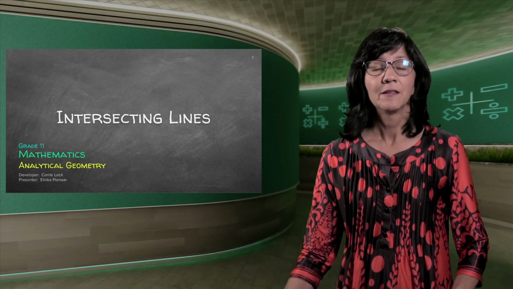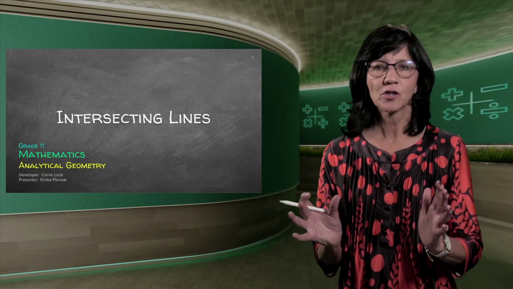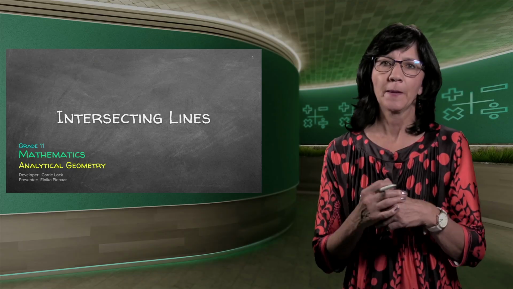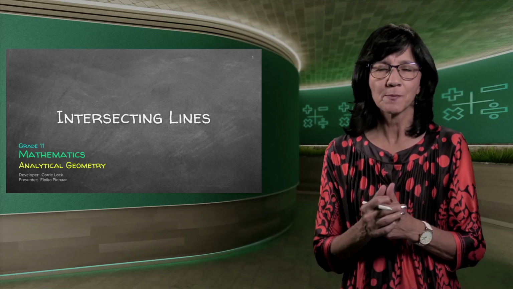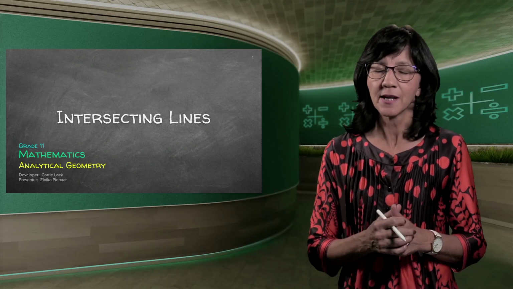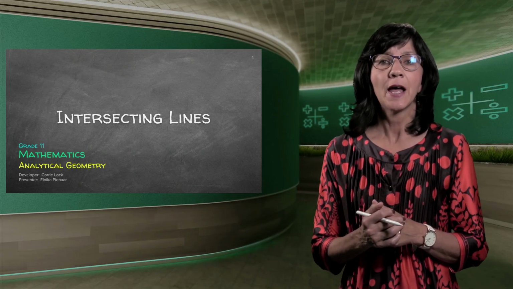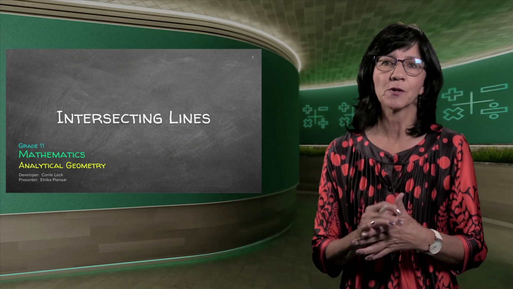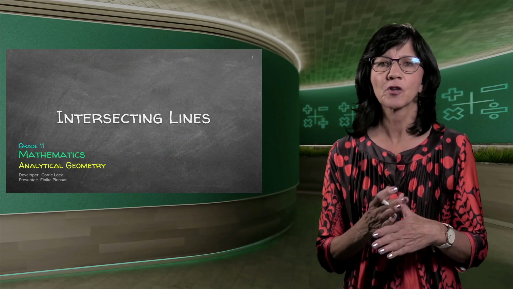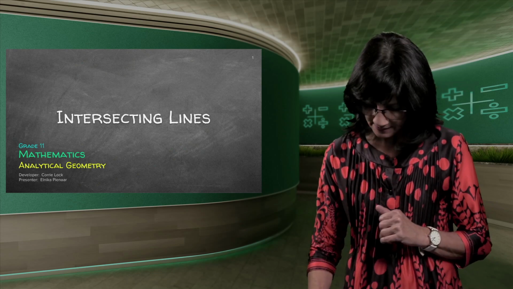Hi guys, in this lesson we're going to look at the intersecting of lines. Now you've done lots of things on straight lines by now. You've got the equations y is equal to mx plus c, or the other equation y minus y1 is equal to m times x minus x1. So you know those formulae by now, you've practiced them a lot, but now we're going to do different things with these lines because normally they combine a straight line with other graphs. For now we're just going to look at two straight lines intersecting.